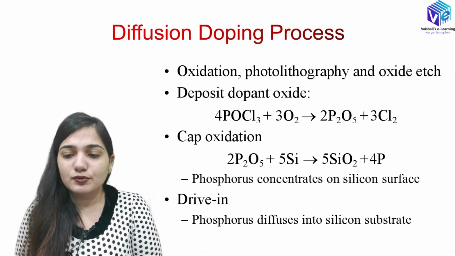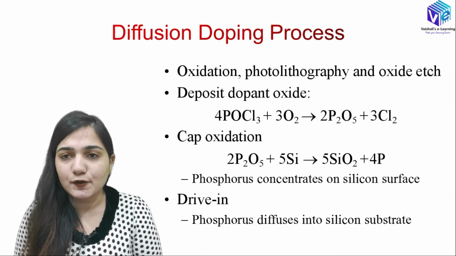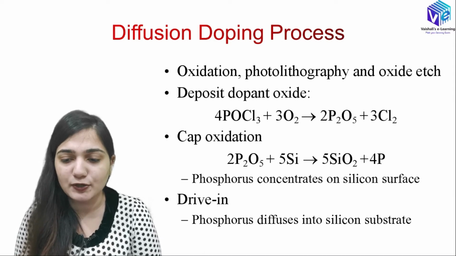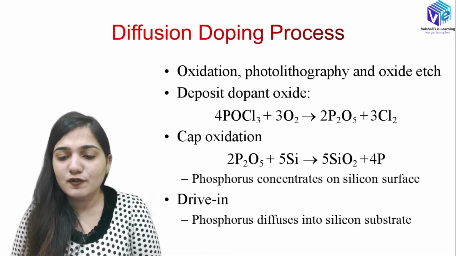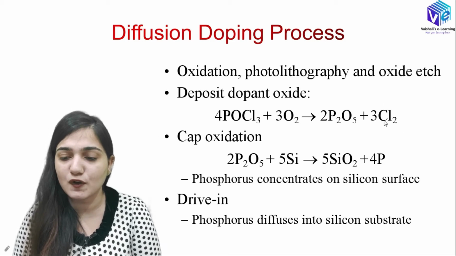Okay, so now coming to the dopant penetration of the phosphorus as the dopant. So I have already shown you the reactions for the boron. Now coming to the reactions of the phosphorus. We are using the POCl3. Okay, so 4 POCl3 is reacting with 3 O2 and it is giving me the phosphorus oxide P2O5 plus Cl2. So this Cl2 is a pungent gas and we have to have proper exhaust for it.